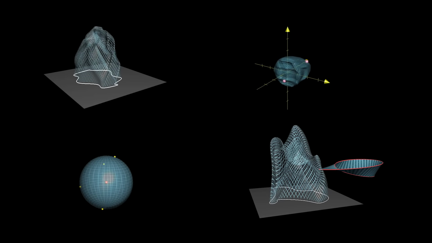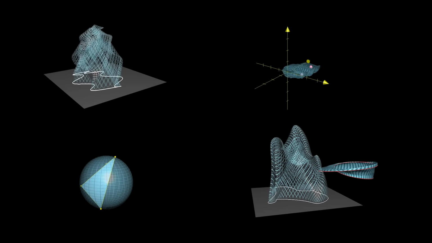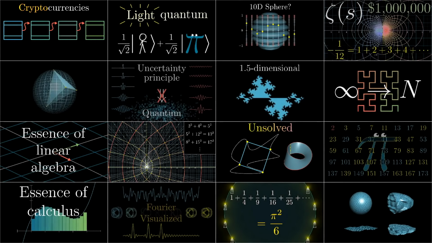I'll show you a couple more amazing applications of this in the context of topology in a follow-up video, which includes correcting a mistake from an old 3Blue1Brown video. Which one? Well, watch all of the videos, everything on this channel, and see if you can spot the error first.